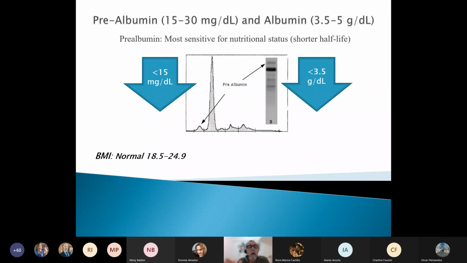Okay, let's go back. Please remember that the test used more frequently to evaluate a nutritional situation of a client is albumin. And please remember that the normal value is the same as potassium, 3.5 to 5 grams per deciliter. And remember that if the albumin is low, is the problem. High albumin is no problem. Ignore the top level. Is the lower than 3.5 the issue?